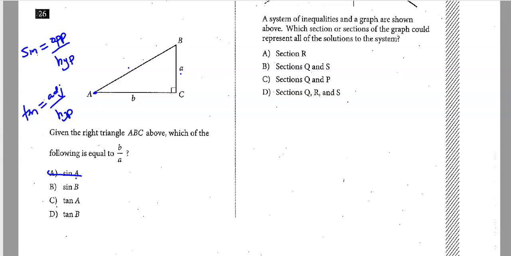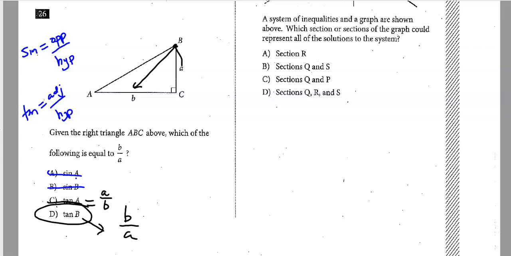The sine when standing on B would be opposite over hypotenuse, which is not it. The tangent when standing on A is opposite over adjacent. Nope, that's A over B. It's got to be this one. Tangent when standing on B would be the opposite leg over the adjacent leg. So the correct answer there